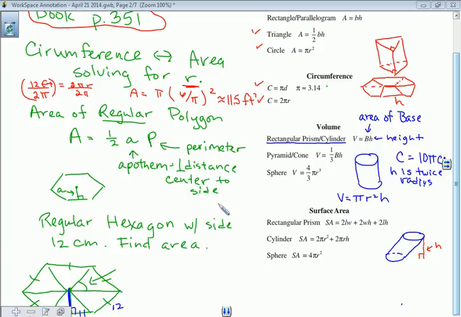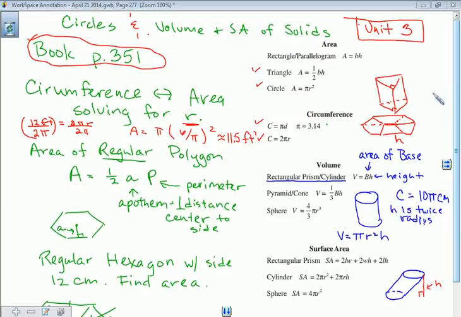Now, this is not clearly stated as a standard, but the next thing that is a standard is finding the volume of prisms and the volume of pyramids. And we could have a hexagonal base for either of these, or a pentagonal base, or an octagonal base. So if you don't know how to find the area here, then you wouldn't be able to find the volume here. So, once again,